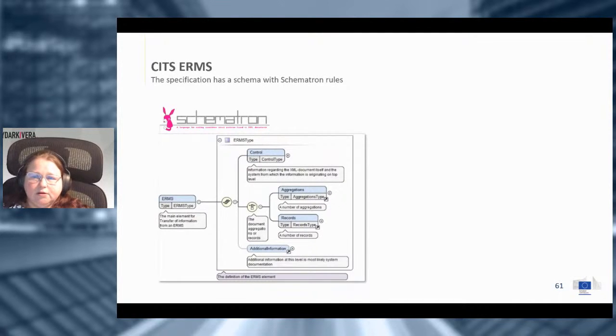This means that we have an XML schema for the ERMS, which talks about just the ERMS information, which is extended with the Pink Bunny, because we have some rules that are depending on each other, and since that is not possible to create in the XML schema, we do that through using schematron.